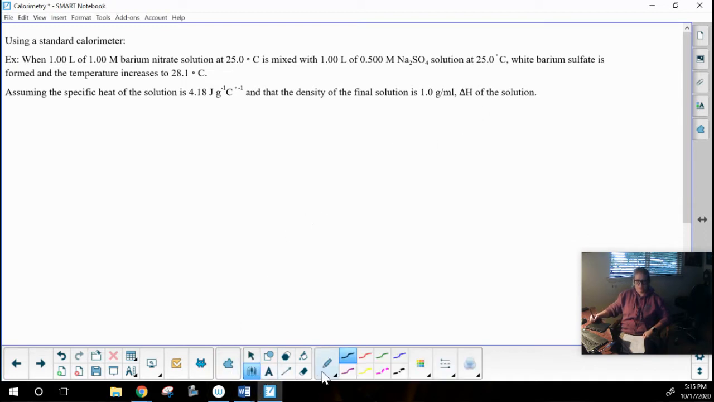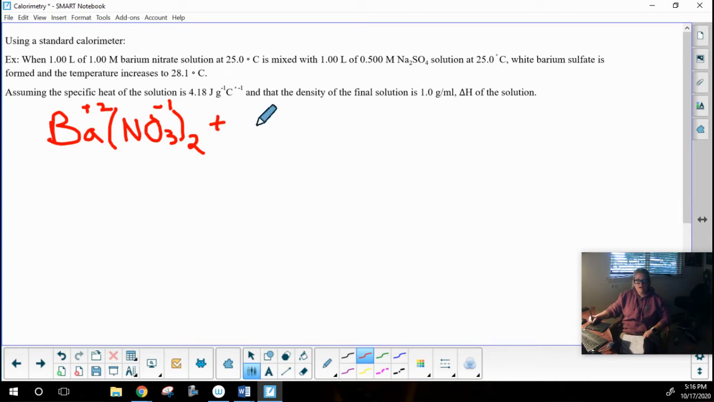So step 1, whenever I'm doing these problems, I first say, hey, a reaction occurred. I probably need a balanced chemical equation. So barium nitrate, I pull out my periodic table. Barium is Ba. Nitrate, from the polyatomic table, is NO3. This has a -1. This has a +2. So I've got Ba(NO3)2